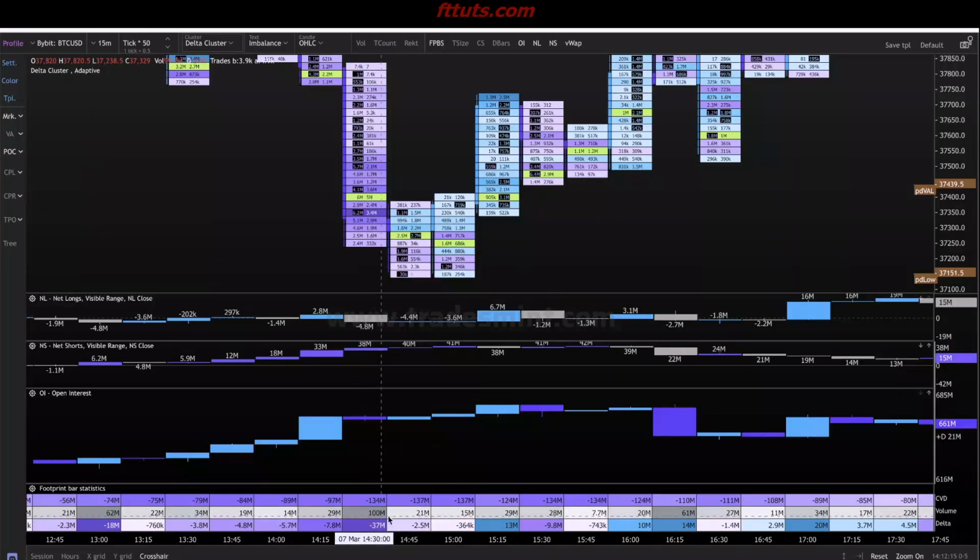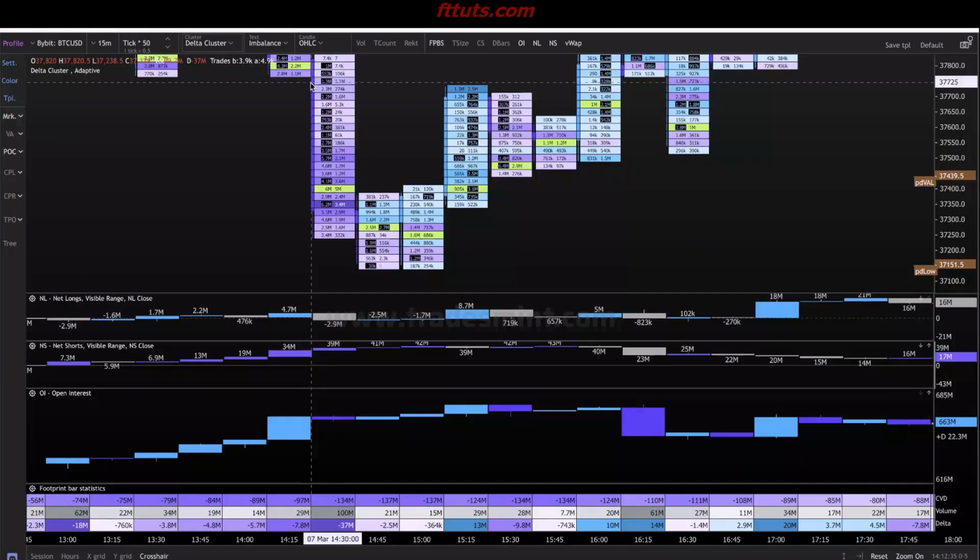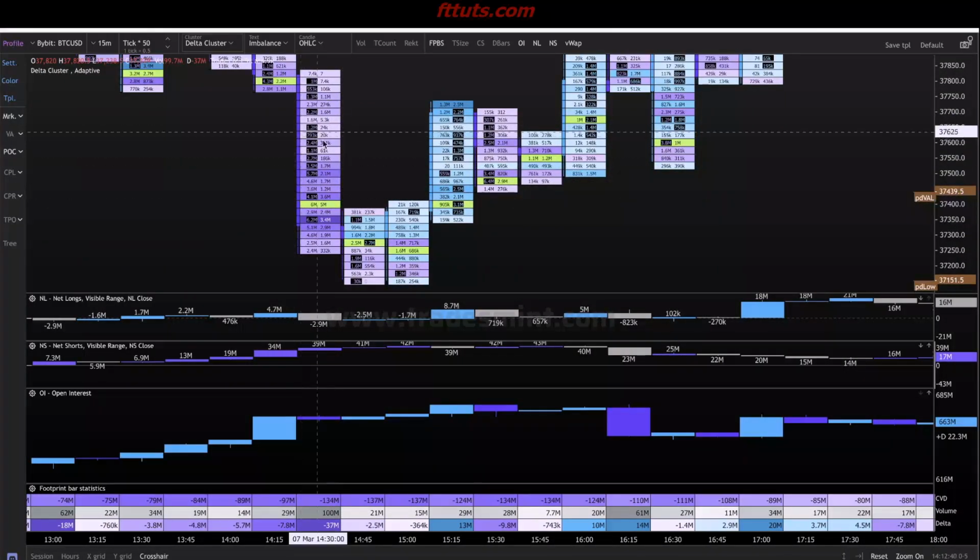And we can see negative 37 million delta, which means we have 37 million more shorts than there are longs, okay, which basically means there's about 60 million shorts here and about 40 million longs out of that total 100 million volume, okay? Now, this means that there are 60 million shorts right here in this candle, okay? Which means if we come back up above this candle to about 37.7, 60 million shorts will be in the